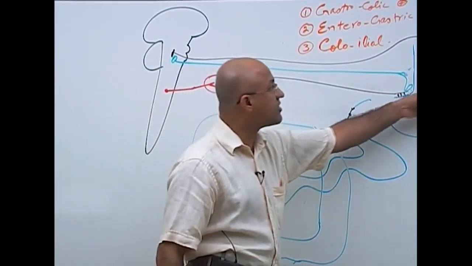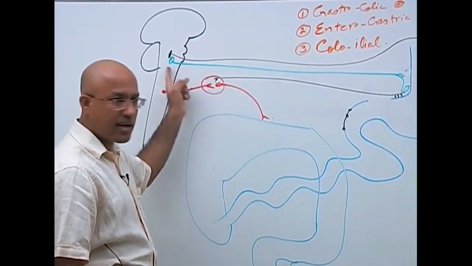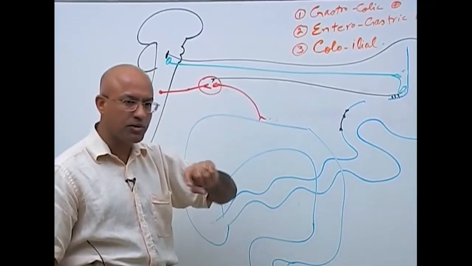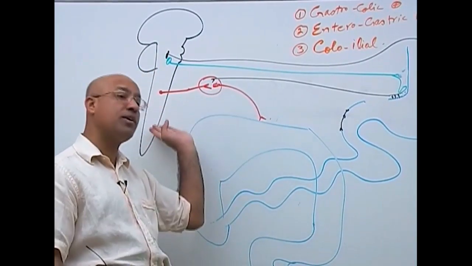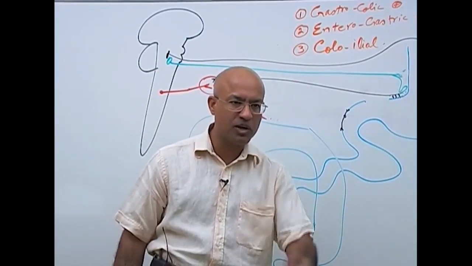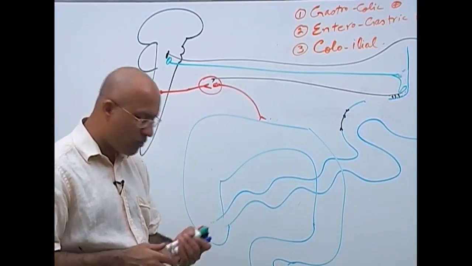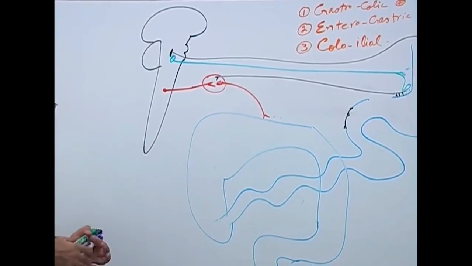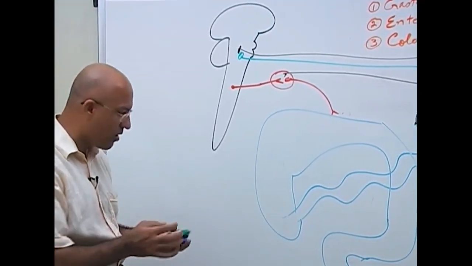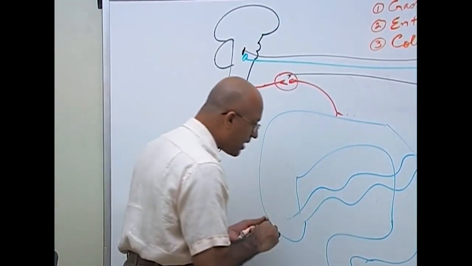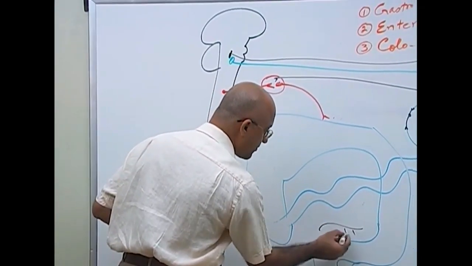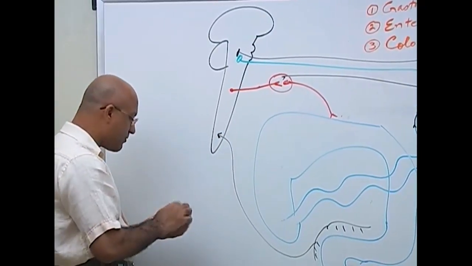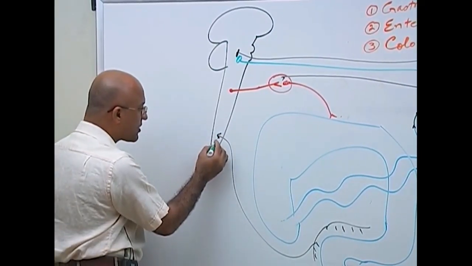Because the sensory limb is also going through the vagus and the motor limb is also coming through the vagus. So such reflexes in which sensory fibers go through the vagus to the medulla and then motor fibers come back through the vagus, what do we call it? Vagal reflexes. Is that right? Then another classical example of reflex in which the central nervous system is involved is when sensory fibers from the colon and rectum go to the spinal cord, and then from the spinal cord motor fibers come back